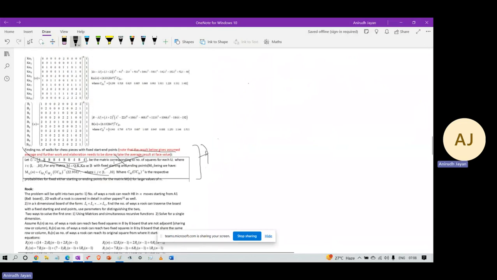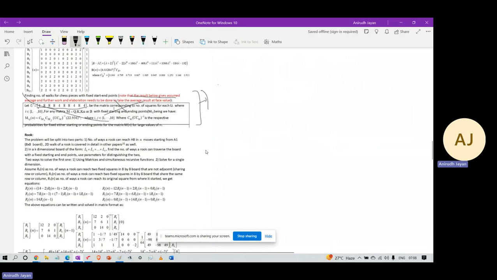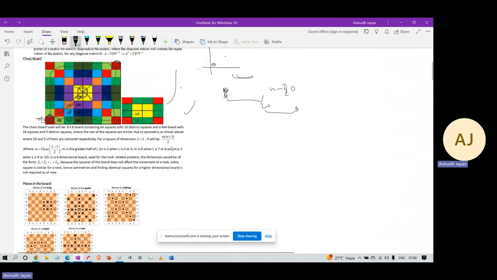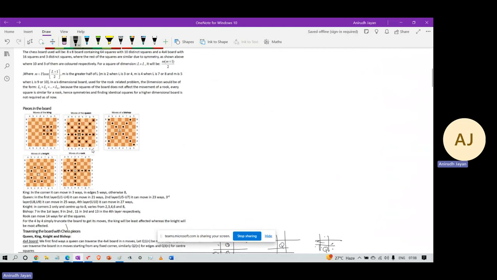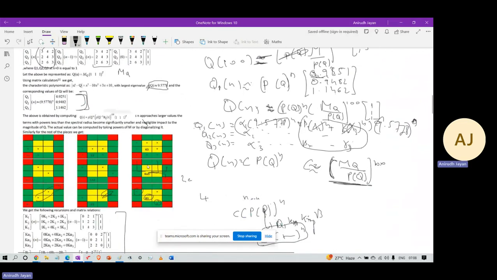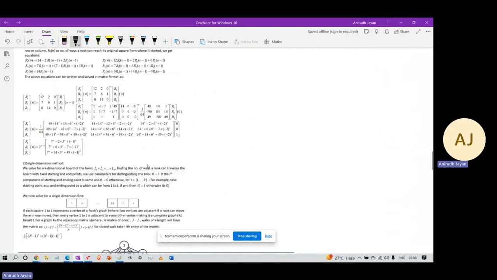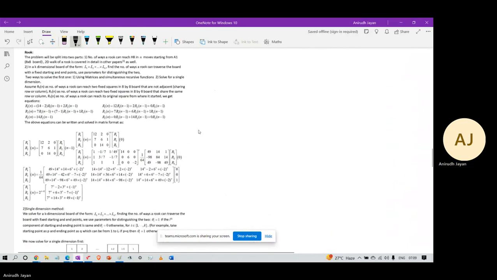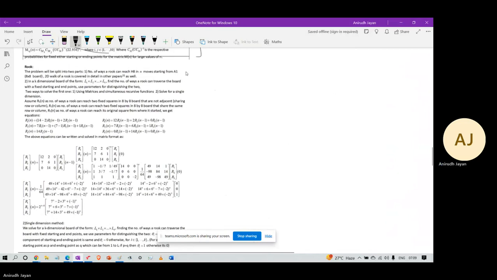Now let's move on to a different piece, the rook. The rook is the most interesting of the remaining pieces because it moves either vertically or horizontally, only one component at a time. It makes the problem easier because we can extend it to any dimension. We will be able to solve for a fixed destination with exact